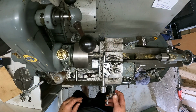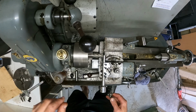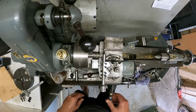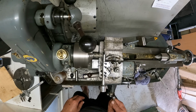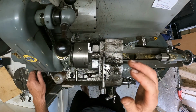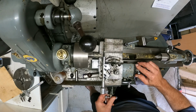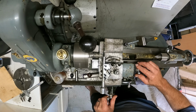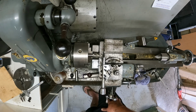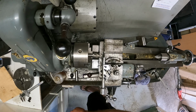It doesn't seem too happy, but we'll just disengage the lead screw. That's better. Bit more quiet. I'm going to have to do something else. That doesn't seem to work nicely. Let's see. I've got